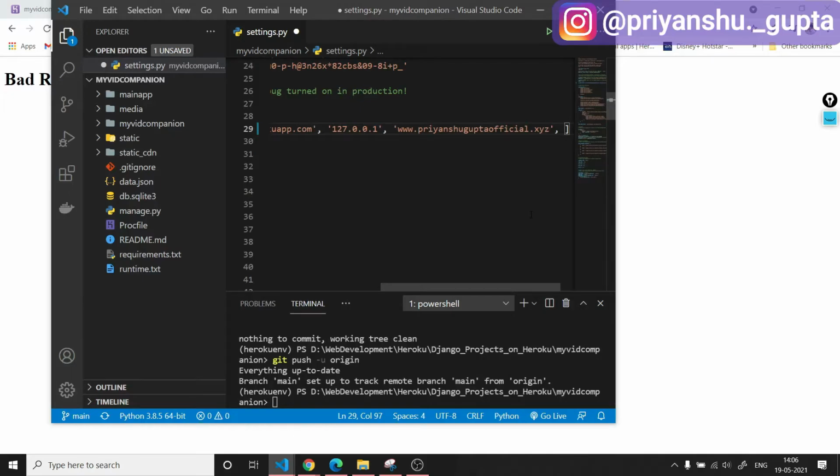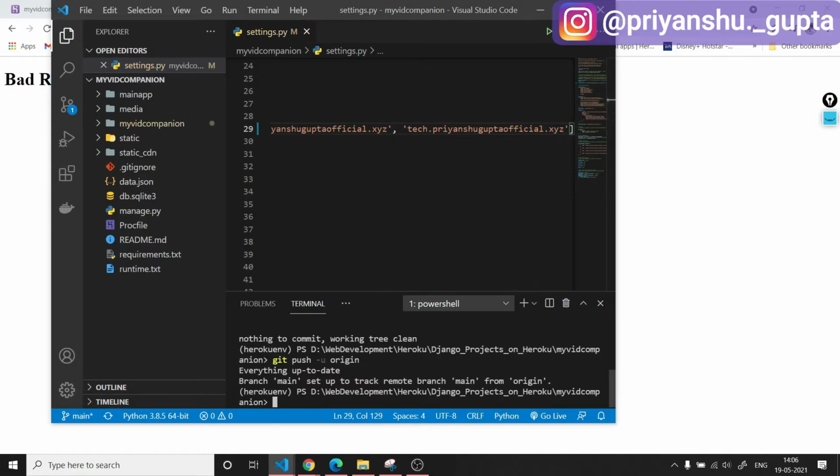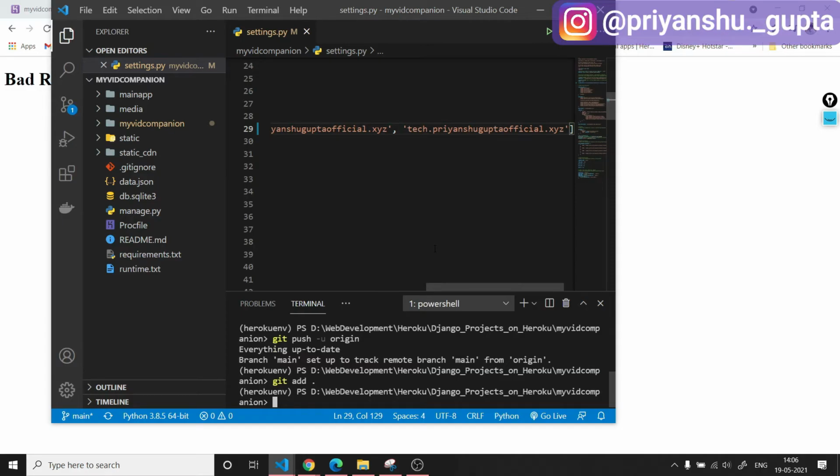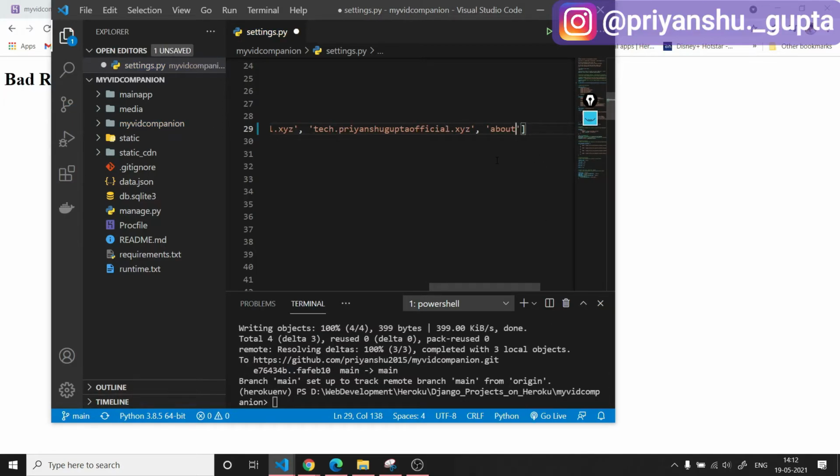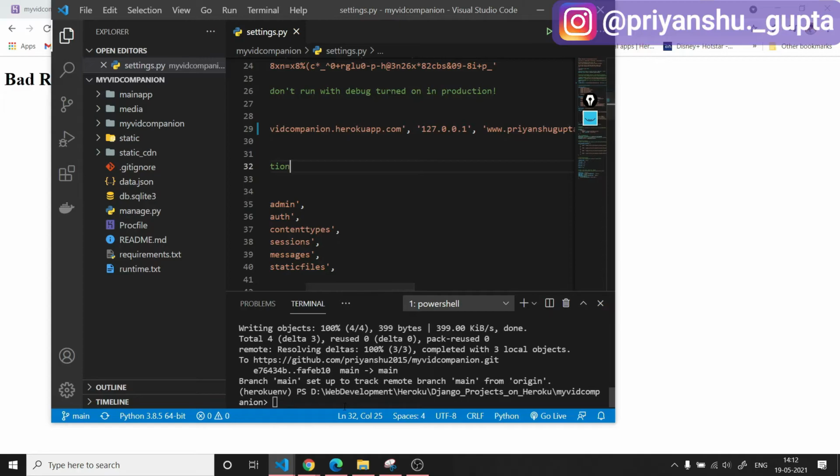So here we will have to add tech.priyanshuguptaofficial.xyz, control save, and now let's also add about.priyanshuguptaofficial.xyz, and press control save.